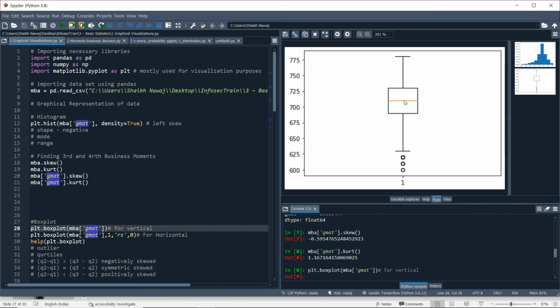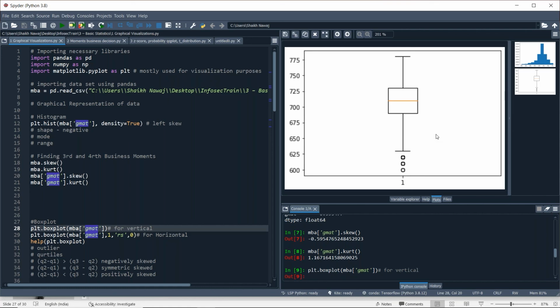If the Q2, or median, comes close to Q3, then it shows negative skewness. If there is a small difference between Q2 and Q1, then it's positively skewed.